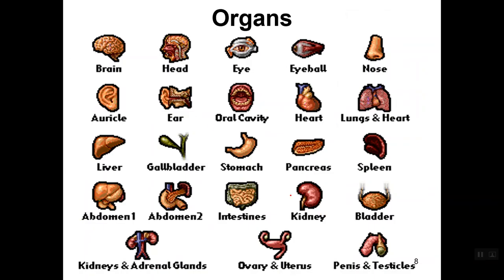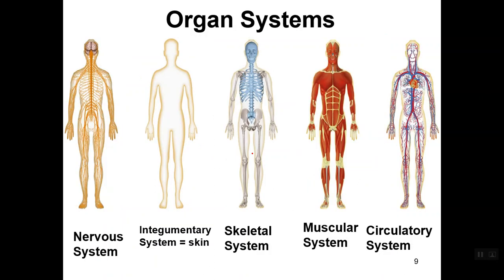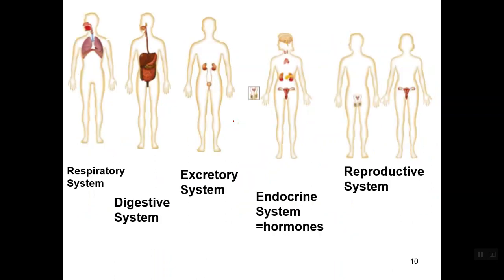You don't really have to know this. I just left this up here. I had it last year. All the different types of organs that you have in your body. This is not an exhaustive list by any means. Some organ systems, you're not memorizing any of this. I'm just showing you how these things all come together in multi-celled systems. Some other ones here, but that's it.